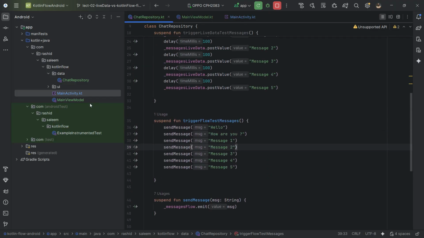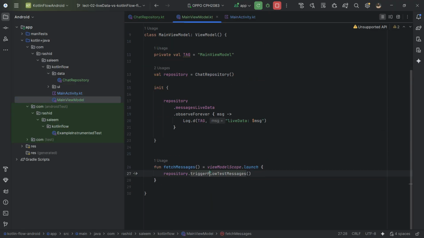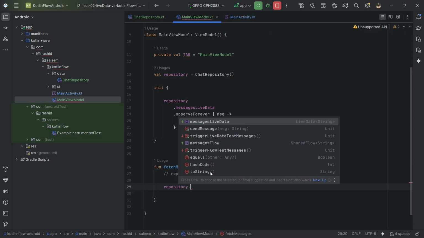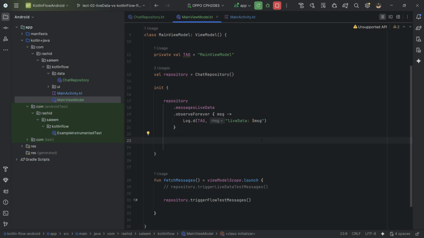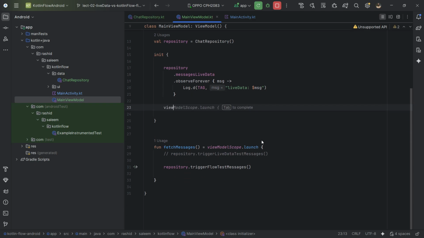Okay, now from the main view model here we will comment this line, actually this is for live data, and here we will call the repository dot trigger flow test messages, and in the init log we will listen to those messages using flow. So view model scope, repository dot